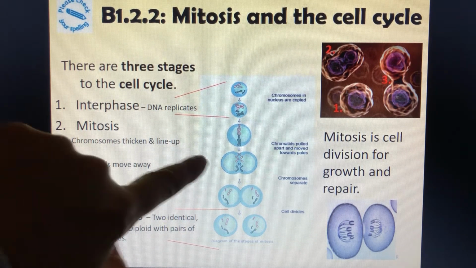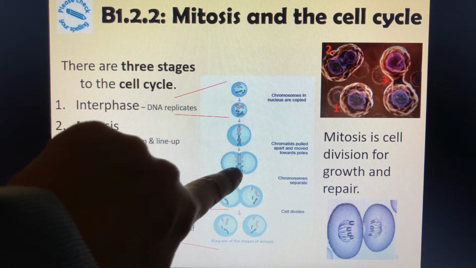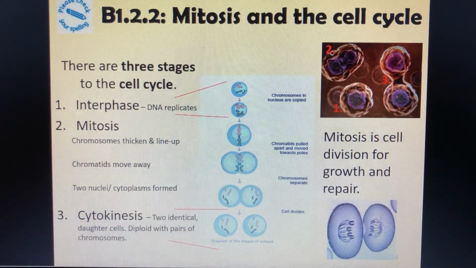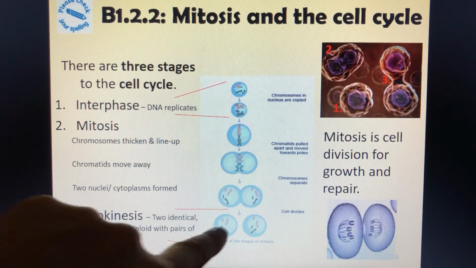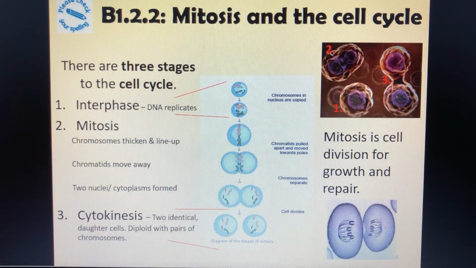Okay, so we can see they've split here through that centromere, and we've got one chromatid from each side of the chromosome going to each side of the cell. At the end of mitosis, we see two separate nuclei. So there's one nucleus on each side. And then the final split into two separate cells that are identical to each other and identical to the original cell is